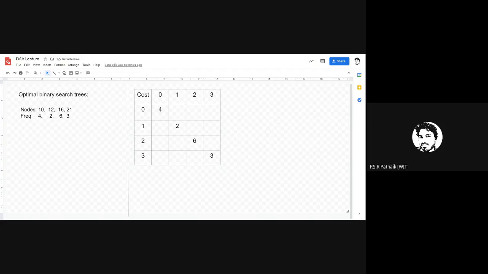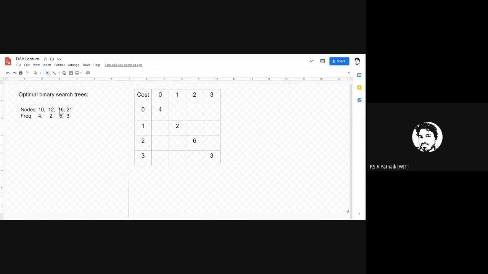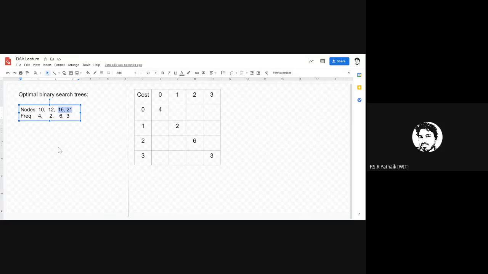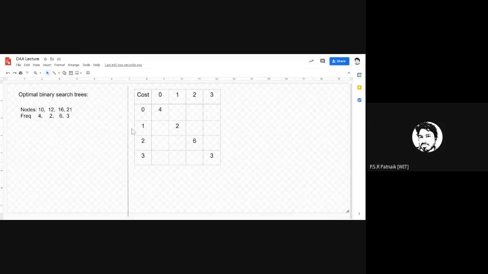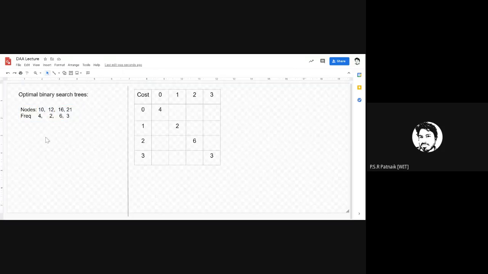We have solved it for 1, 1, 1. Now we have sub problems of size 2: this is a sub problem of size 2, the second sub problem of size 2, the third sub problem of size 2. So what I'm considering is a sub problem which contains node 0 and node 1, which is 10 and 12. What should be the optimal binary structure? So how do we do that? When I say optimal binary structure,